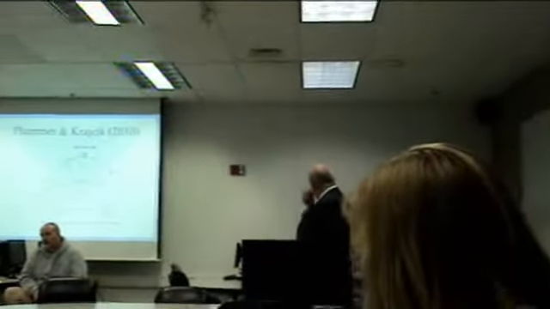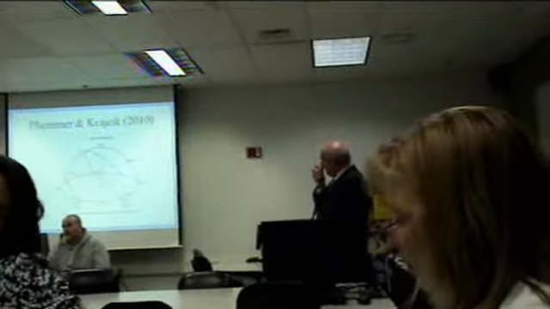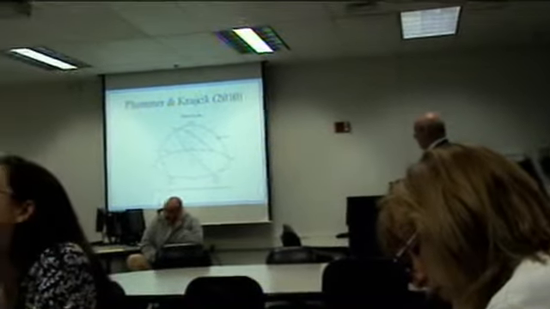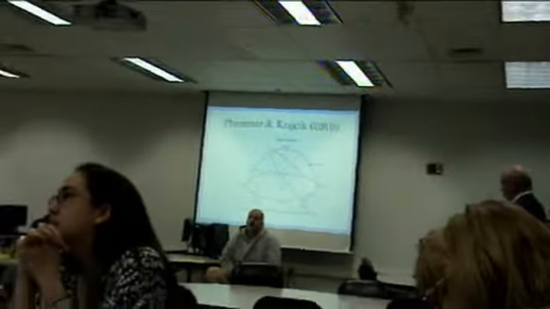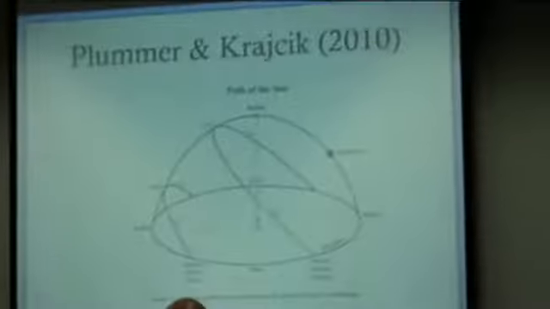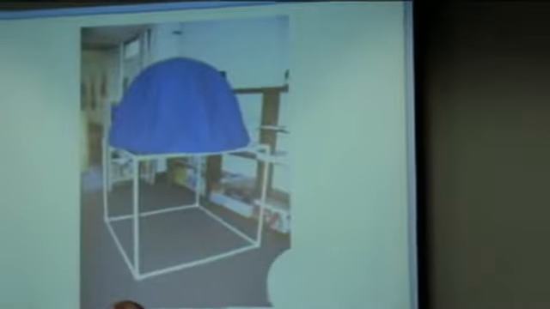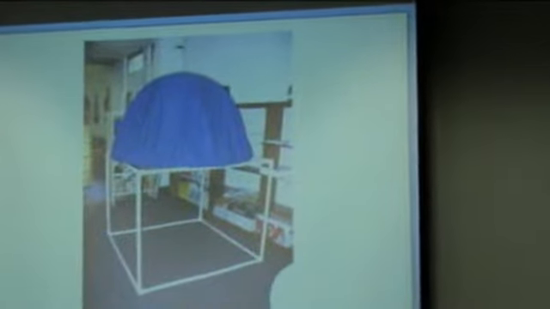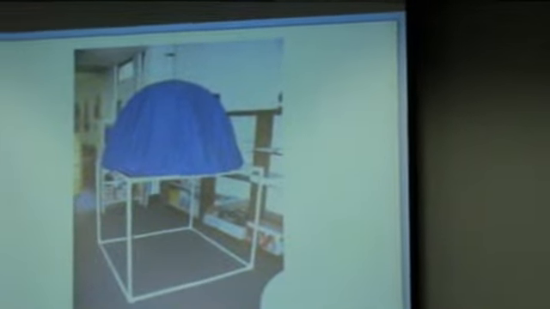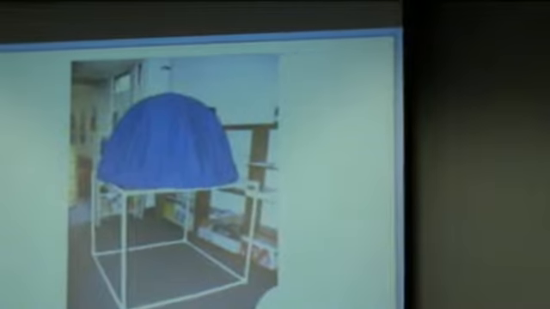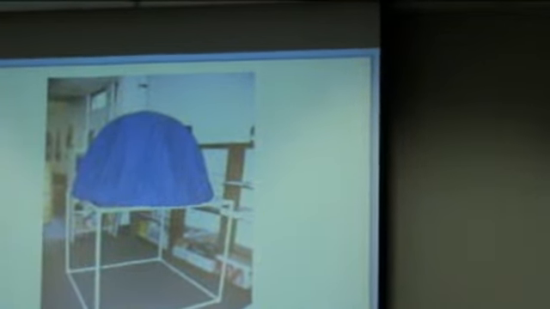This was an example from earth science, but it's really well done. Shale did some nice work with physics, but this was really pretty clear cut. Plummer and Krajek, a couple of years ago, took a look at students' understanding of day and night rotation, a little bit closer to an earth science topic here. Quite literally, they constructed a small dome. They had students lying on the floor, primary age students, looking up at the dome, and then tracing the pathway of the Earth and Sun, etc.